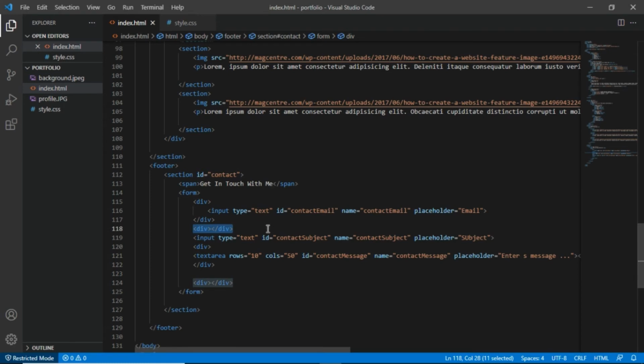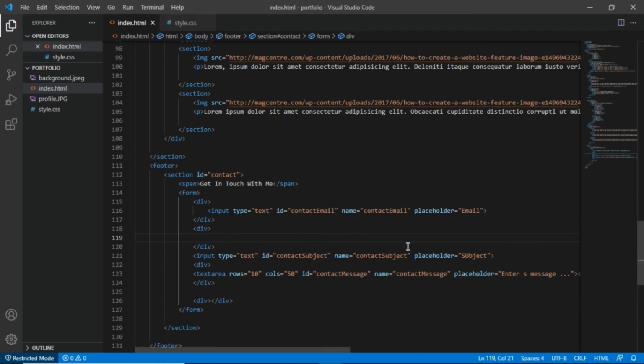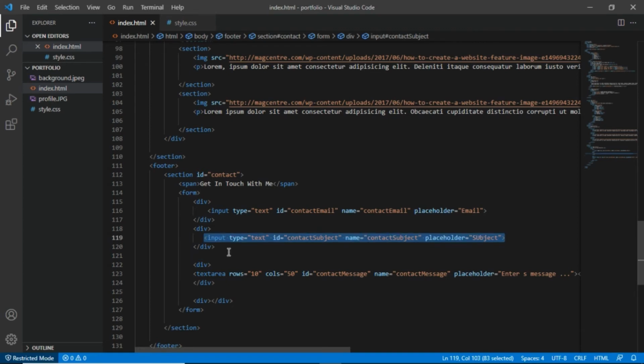This text area, actually not the text area, but the contact subject should be wrapped in a div like this. So now we have three inputs and three divs. Now we are going to use this last div to put a button, like a send message button or a